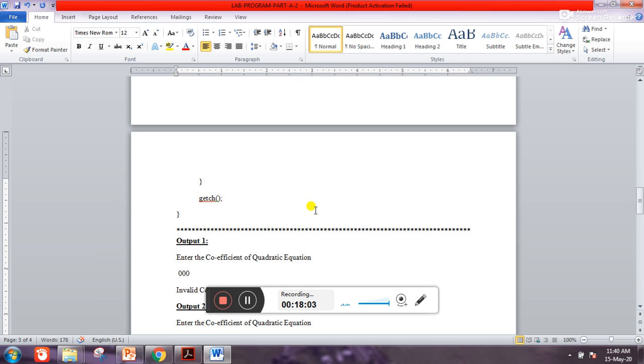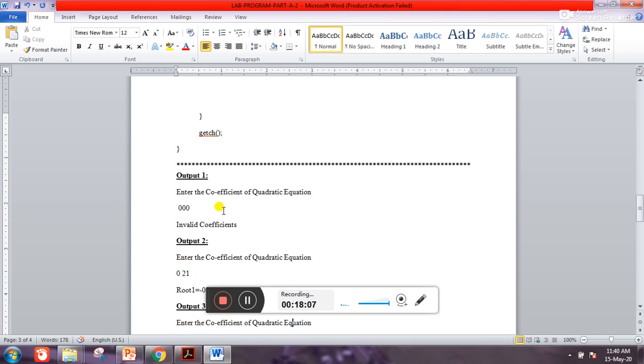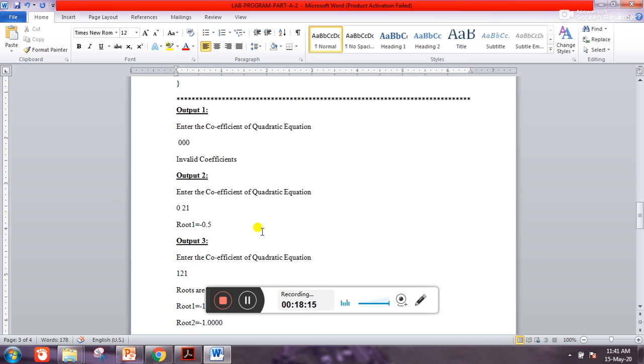So we write all the conditions and then get the output. When you try to execute this, the first output is to enter the coefficients of the quadratic equation. Then enter your inputs. If all three are 0, then invalid coefficient. If a is 0, then it is a linear equation, so root 1 is equal to